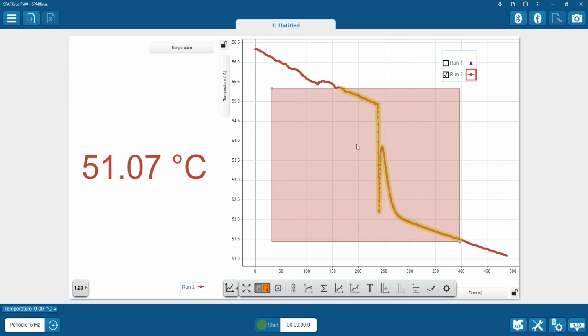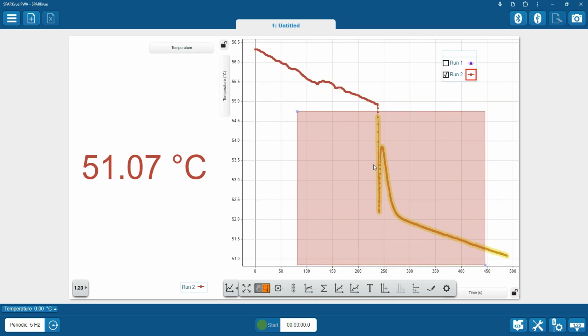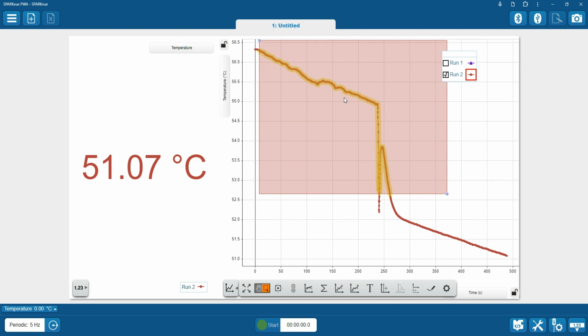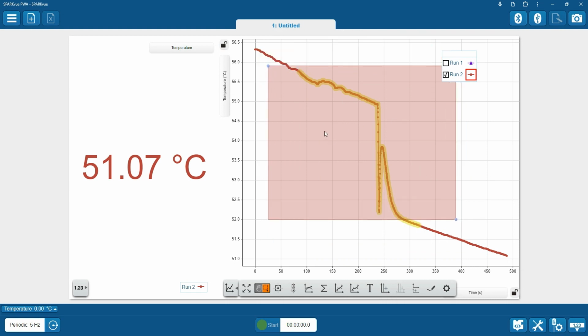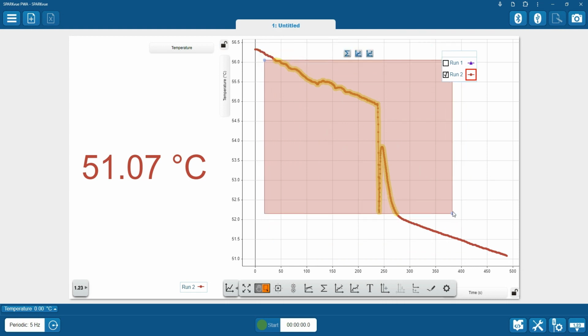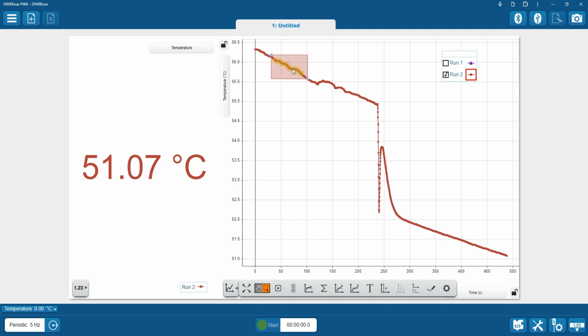Note I can left click inside that box. I can drag the box wherever I want it to go. And you're going to have a small amount of data, so make sure your box is small. You can always click on one of these little blue circles in the lower corner, and I'm going to drag a box like that. So then I can have the box over the data, and you'll be doing this in real time as the data is coming in, monitoring the slope to let you know when it is flat enough